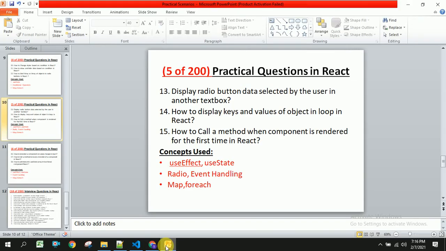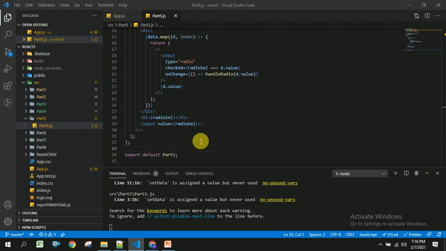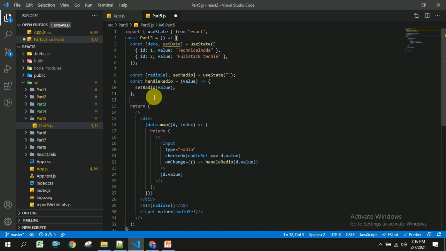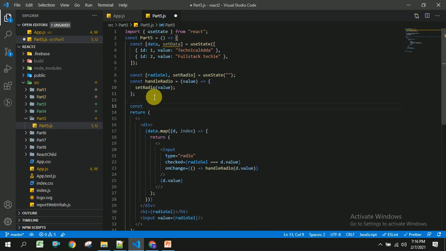So the next one is how to display keys and values of an object in the loop in React. For this, I am going to create an object equal to some object with values as id 1 and value as tech, like that.